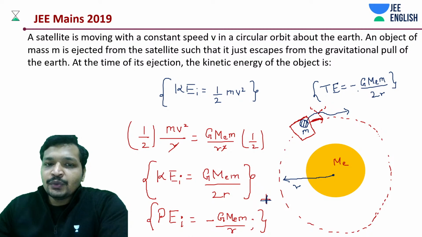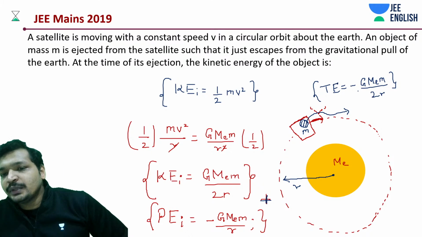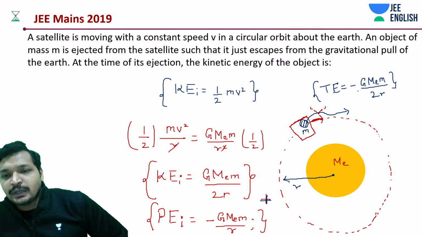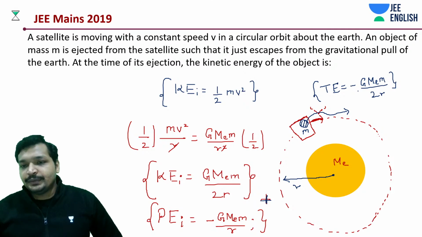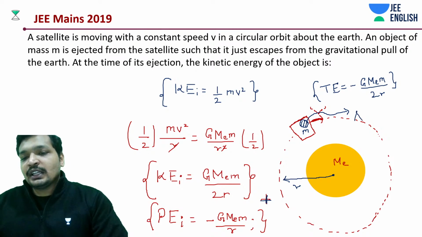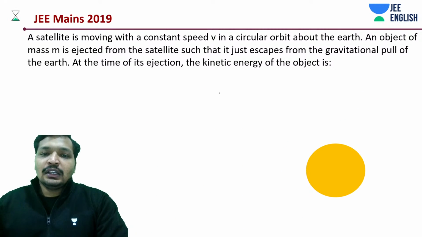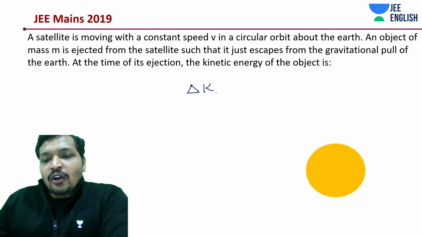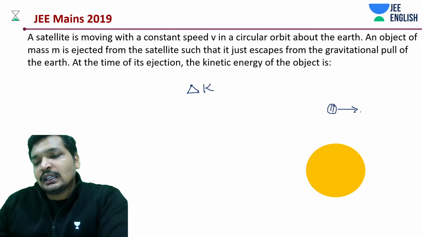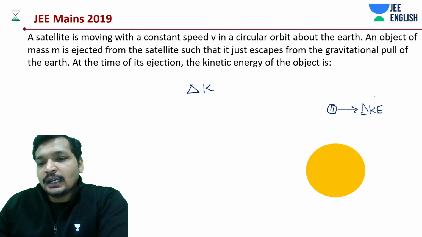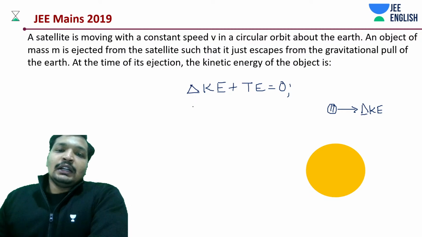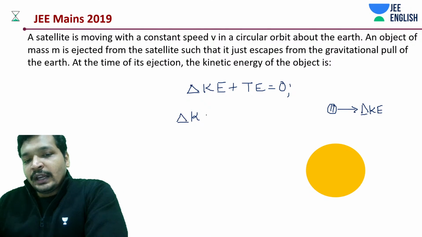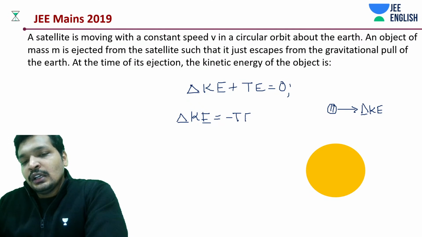So basically you will be giving a kinetic energy such that, we are assuming the tangential direction, which is going to be the minimum one, this and that match. Now we will be giving an additional kinetic energy. Let's call it delta KE. I think there was a very similar question in 2020 as well. So that object, which already has some total energy, should become zero. That means the change in kinetic energy, delta KE, not kinetic energy, should be the negative of the total energy,